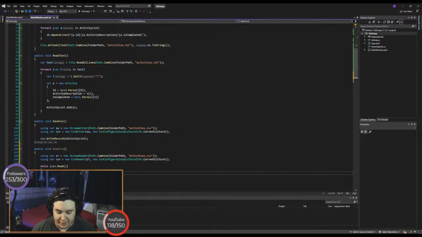We probably want to create some variables. So what we're going to do is inside our while loop, we're going to create three variables: one for ID, one for our description, and one for is completed, keeping in mind that each loop through the while loop is for one activity. So I'm going to do var ID equals csv dot get field